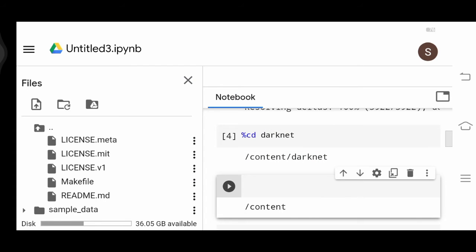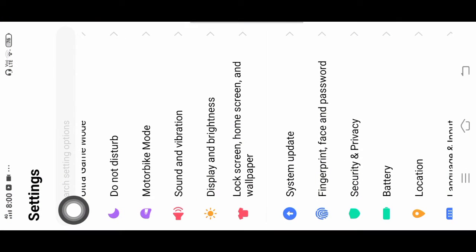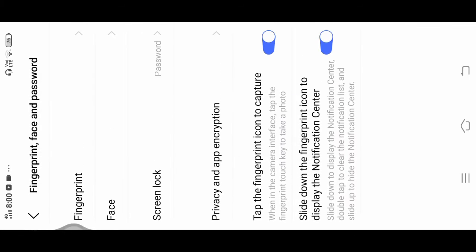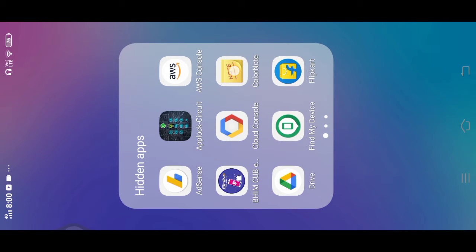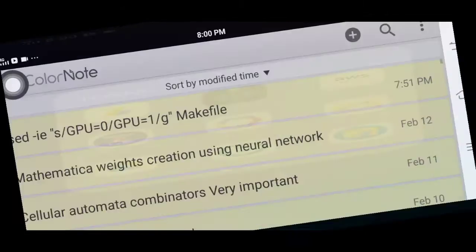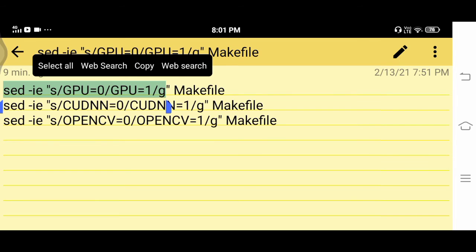Let me show you. I'll go to my text editor, and in there I have a set of commands. Just copy these commands. I'll give you these commands below.